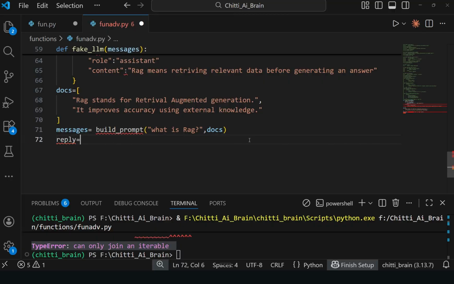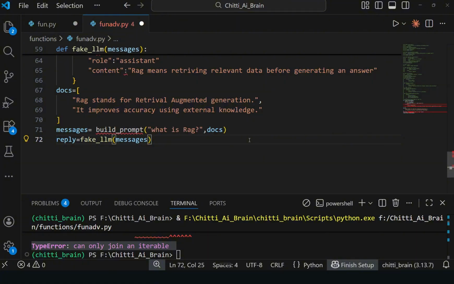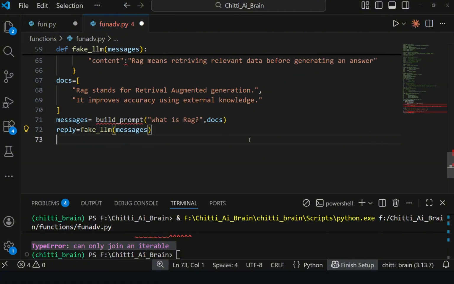Reply. What is the reply for that message? First message, what is the reply? We should call the fake LLM with the messages, right? Now we have to print the LLM reply. Where will we get it from?